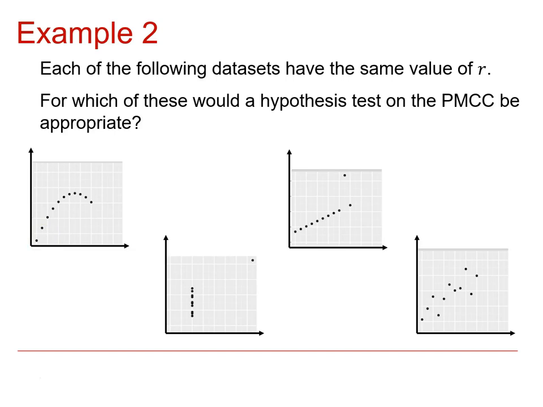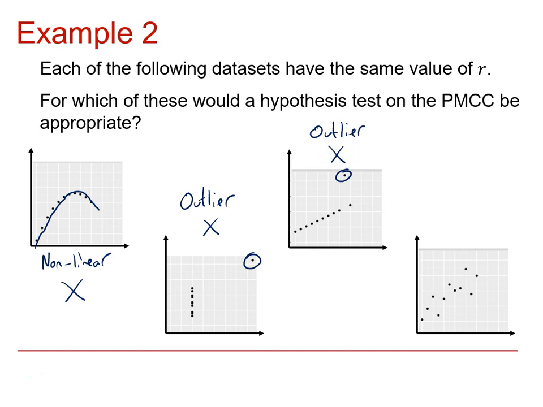For which of these would a hypothesis test on the Product Moment Correlation Coefficient be appropriate? Well, the first one, that's almost certainly nonlinear. In fact, I would say that's probably quadratic. So that one's no good. The second one, we've got a very obvious outlier here. So that wouldn't work. Again, the third one, we've got an outlier here. No good. The fourth one is the best looking candidate, but if you look very carefully, all of the x